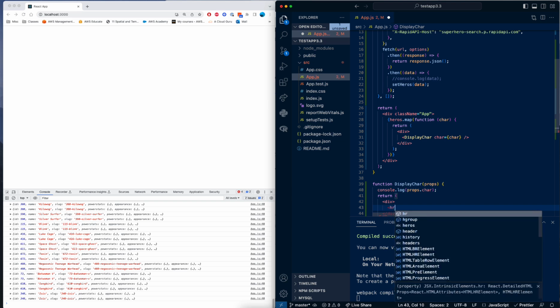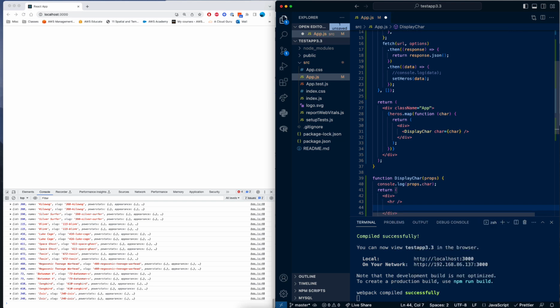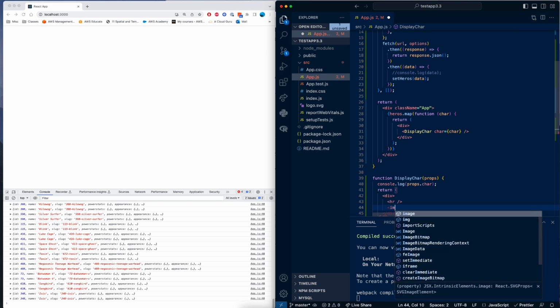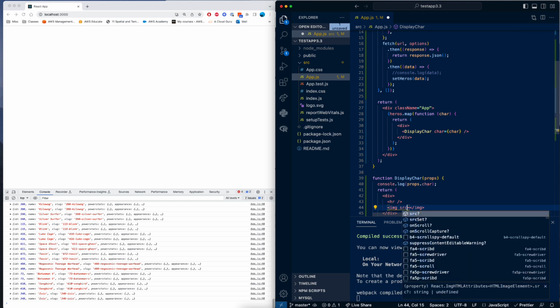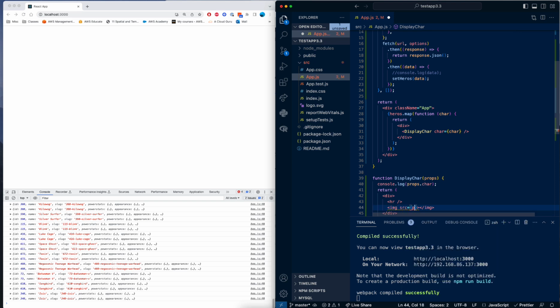So let's say I start with a horizontal rule. I can have an image tag over here, and in this image tag I can have an src property, and the src property can be props.char dot,